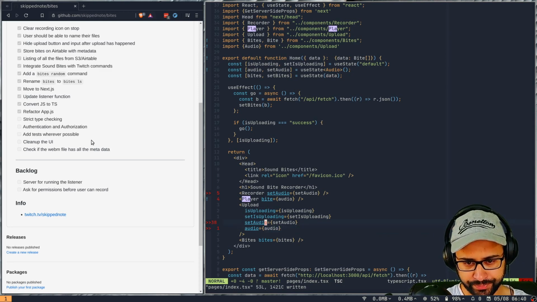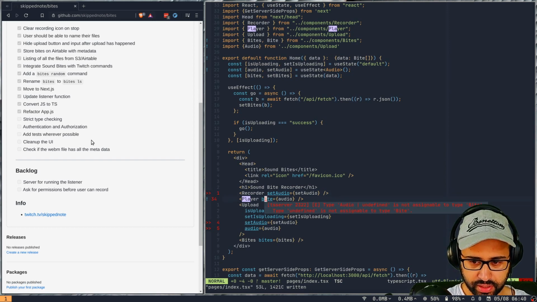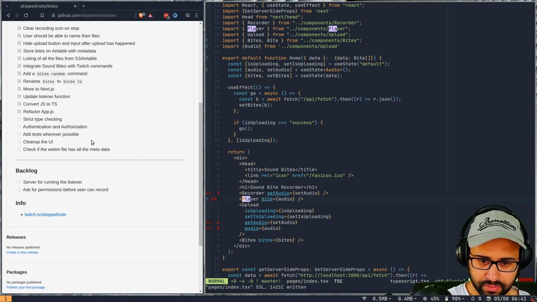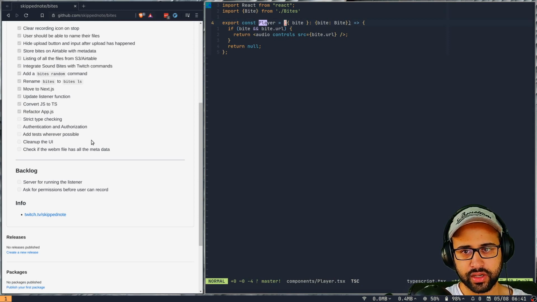Okay, the bytes is complaining that audio could be undefined. I'm thinking rather than doing it here, we should probably do it in the file itself. Or actually, we are doing it in the file itself.